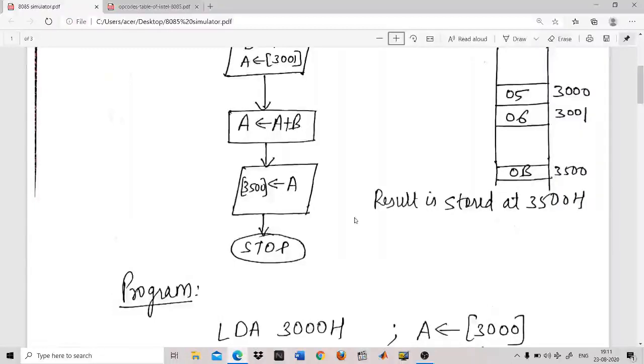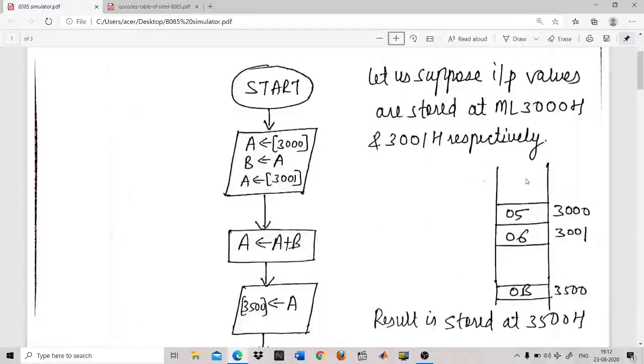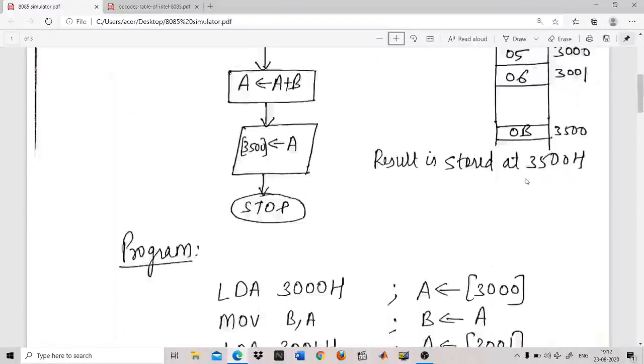You can see in the RAM memory we have shown two variables, the first one is 05 and the second one is 06. 05 is stored at the 3000 hex memory location and 06 is stored at the 3001 hex memory location, and their addition gets stored in the 3500 hex memory location. Once you complete your flowchart, try writing the instructions for it.